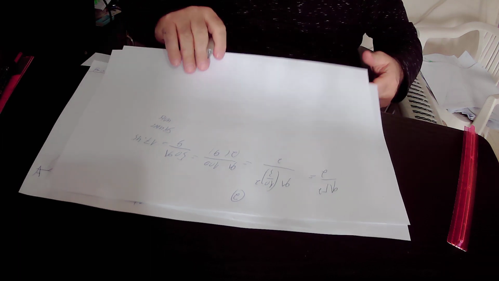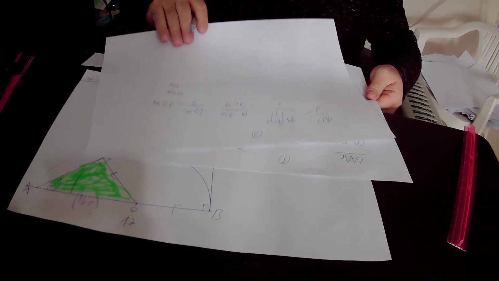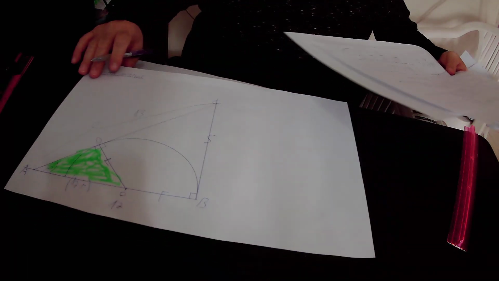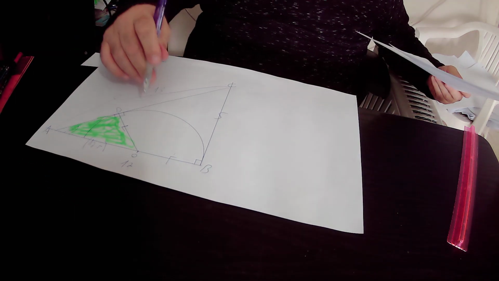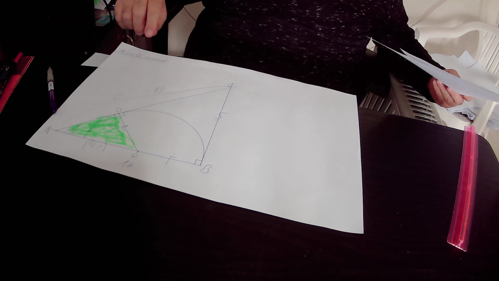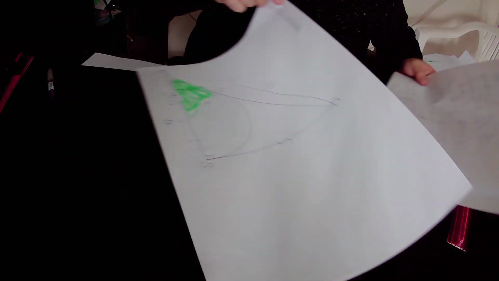So in the next step, I will summarize the lecture. Actually, we wanted to find out the area of this semicircle. We found out the area of this semicircle in 4 different methods. In the first method,